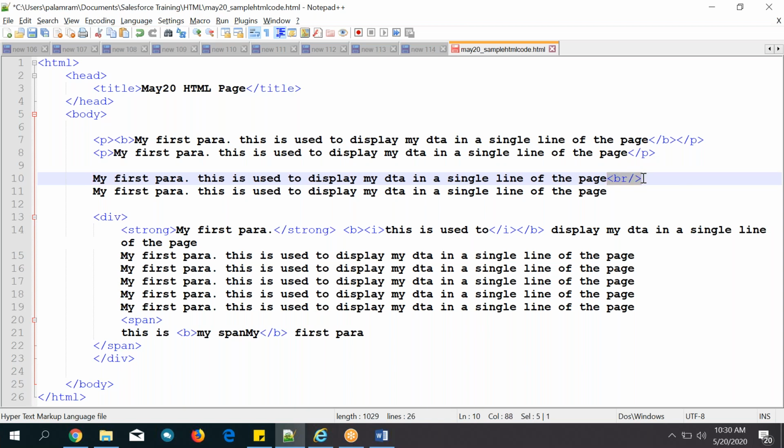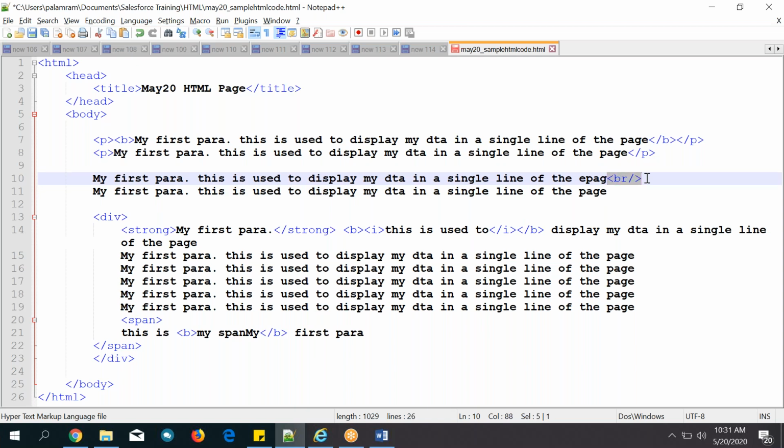Break tag is separate. Remember, the break tag is not like other tags. It will work slightly differently. Break tag means it will tell that the next content will be displayed on the next line. After the break tag, whatever you display will be displayed on the next line of the current one. I mean to say what is next to the break tag will be displayed on a next line of the left side of the break tag. Simply.